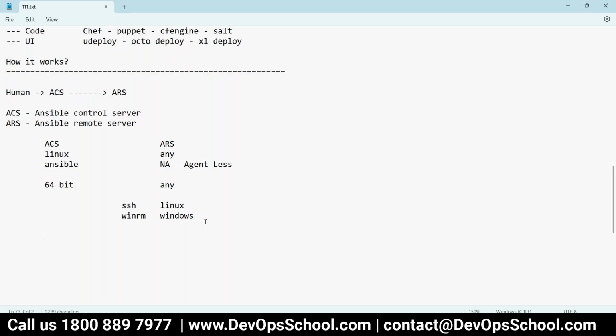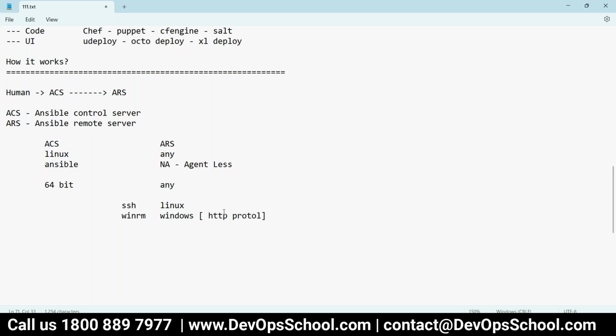WinRM, how it works: agentless means the commands get invoked from the ARS to the target host. It's an HTTP protocol sending the request, using some port number like 5985 or something like that. WinRM nowadays comes by default in every Windows server.